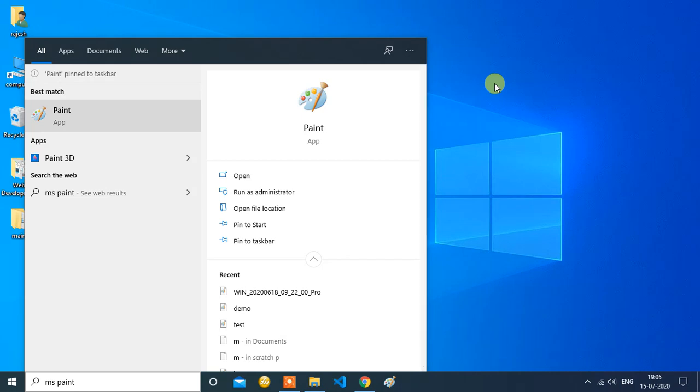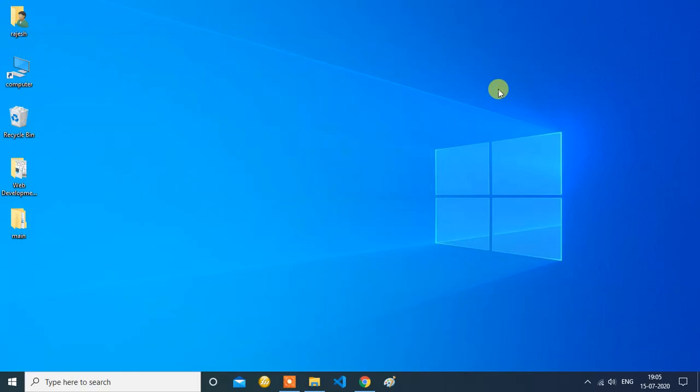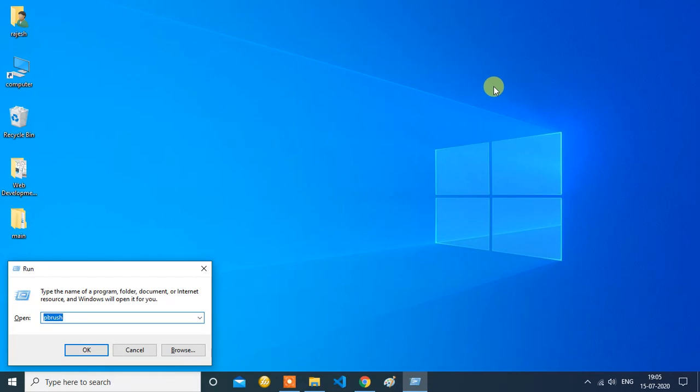We have one more method to open any window. Just by clicking the Windows key and R key combination, we will get this type of menu which says Run. Let's erase this. Yes, and if we want to open MS Paint, we will not type MS Paint here,